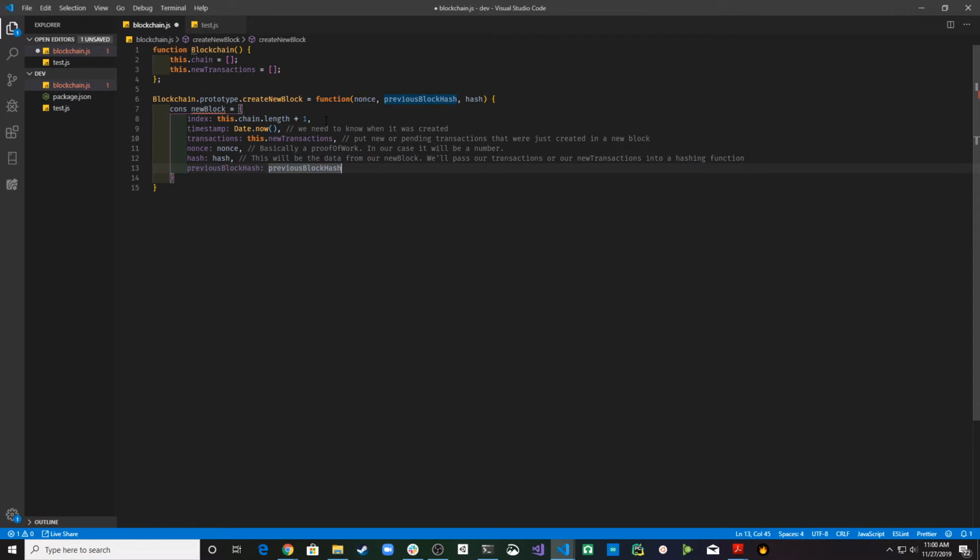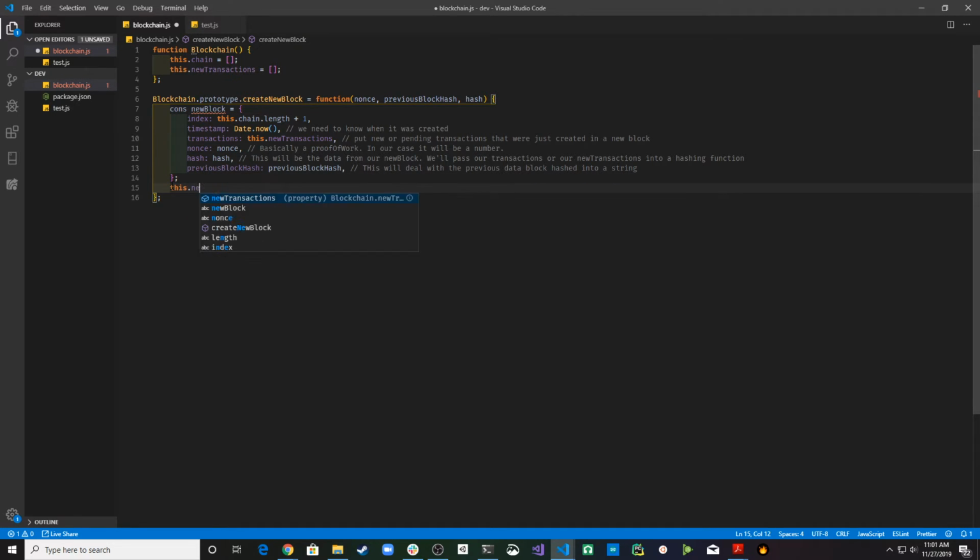And then the previous hash, this will deal with the previous data block, hashed into a string. Okay, so with that, we have our basic blockchain prototype set up, and now we can